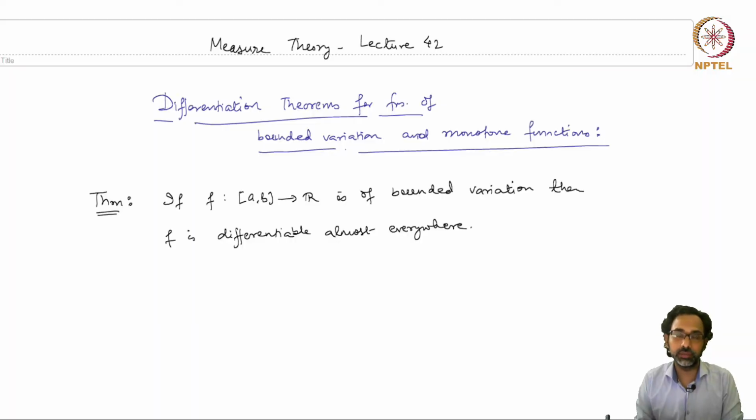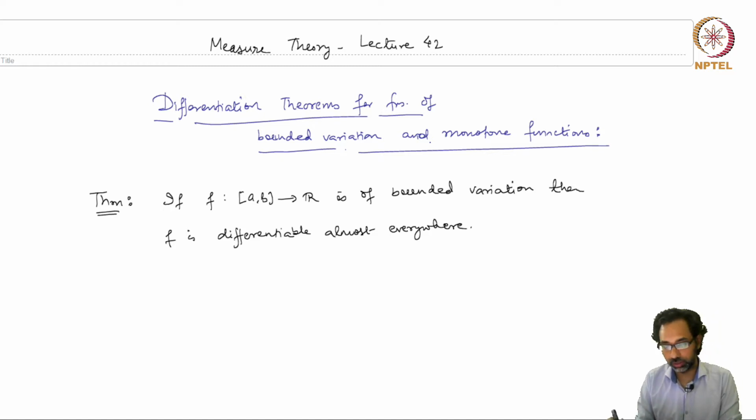In the last lecture, we have seen that a function of bounded variation can be expressed as the difference of two monotonically non-decreasing bounded functions on this interval [a, b]. And in this lecture, we will see a differentiation theorem for functions of bounded variation and for monotone functions on